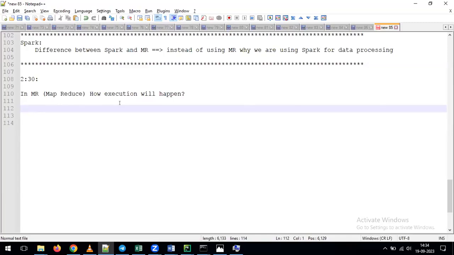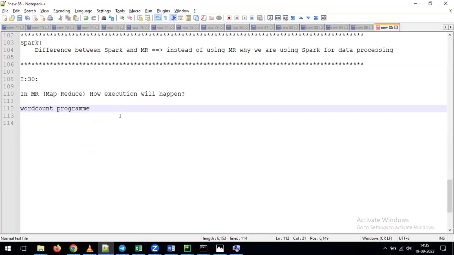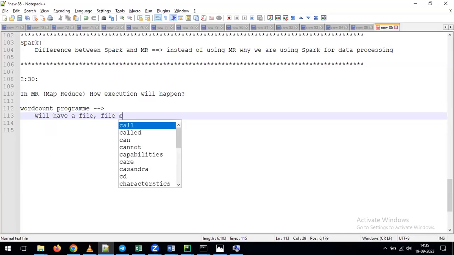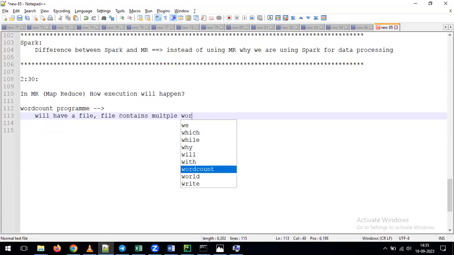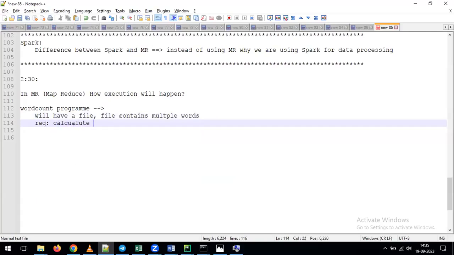But to understand all these things, first we need to understand how execution happens as part of the MR. With that, we can understand all the remaining topics very easily. So here we'll take one example called the word count program. In this program, we'll have a file, and the file contains multiple words. So here the requirement is to calculate how many number of times